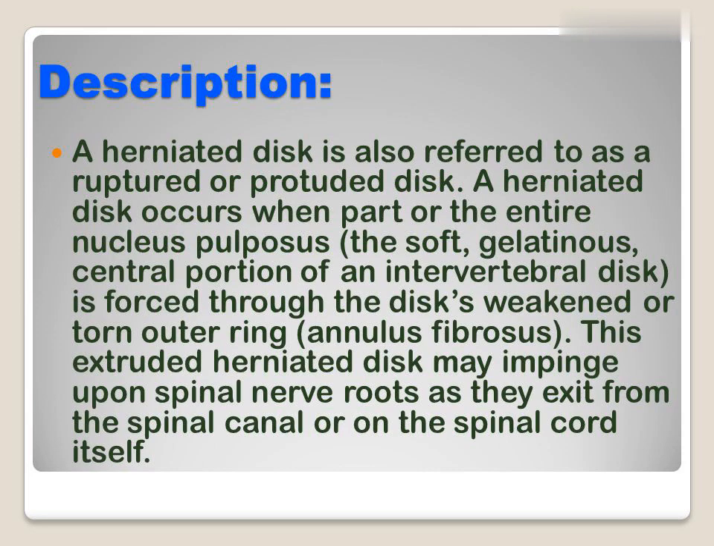Description. A herniated disc is also referred to as a ruptured or protruded disc. A herniated disc occurs when part or the entire nucleus pulposus, the soft, gelatinous, central portion of an intervertebral disc, is forced through the disc's weakened or torn outer ring, annulus fibrosus. This extruded herniated disc may impinge upon spinal nerve roots as they exit from the spinal canal or on the